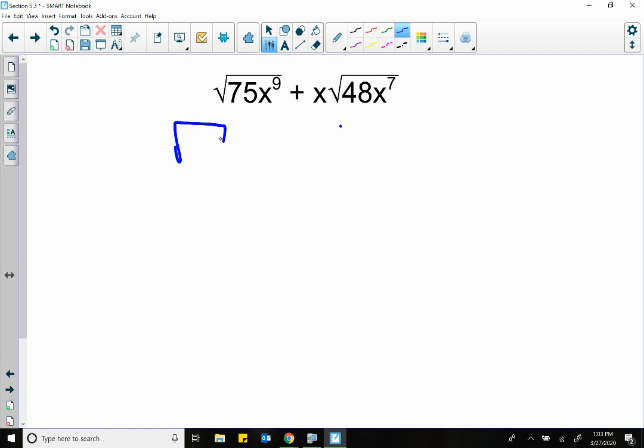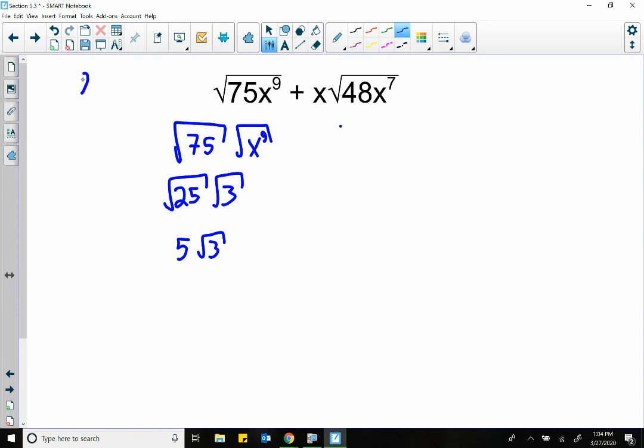So we've got the square root of 75, square root of x to the 9th. Let's go ahead and take care of this. Square root of 75 can break down. It's the square root of 25 and the square root of 3. What's the square root of 25? That's 5 square root of 3. Okay, right here, you can write out your 9 x's,